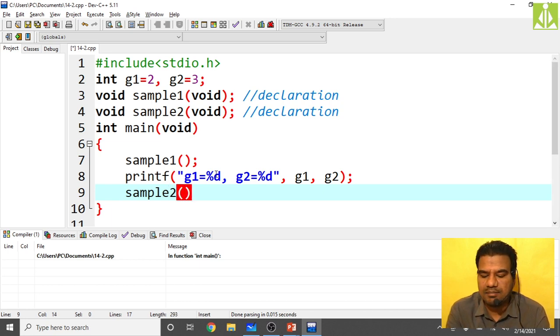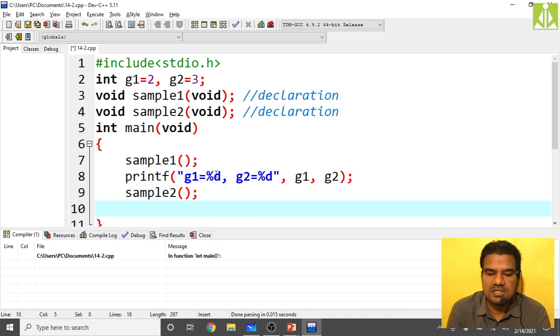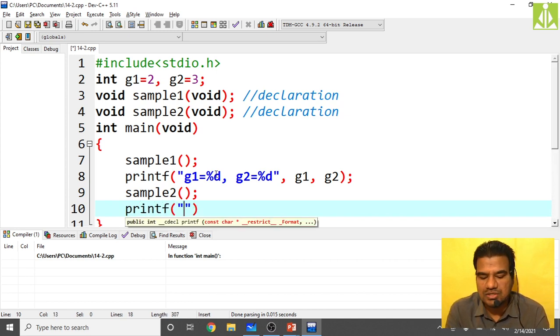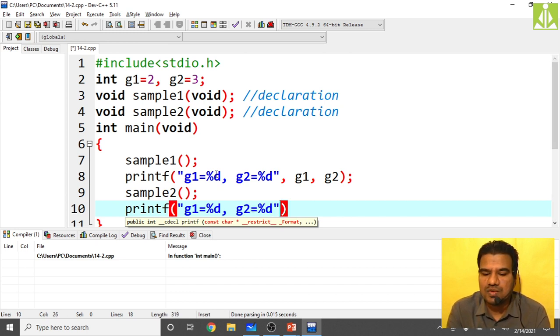Then printf again, g1 value after sample 2, how the values will be. Basically, I'm going to modify g1 and g2 values inside sample 1 and sample 2. That is what I'm thinking. Again print g1, g2.